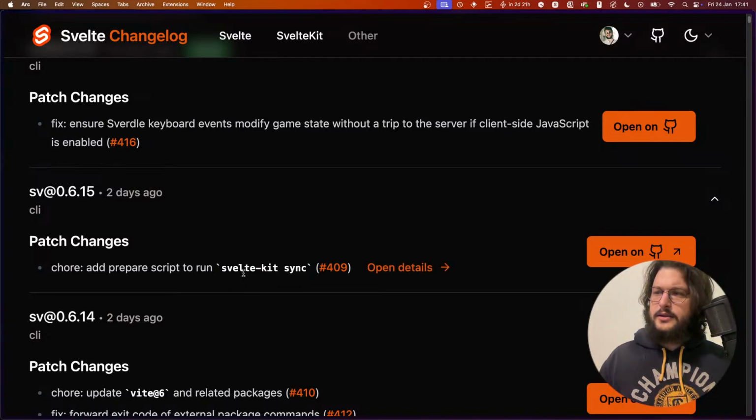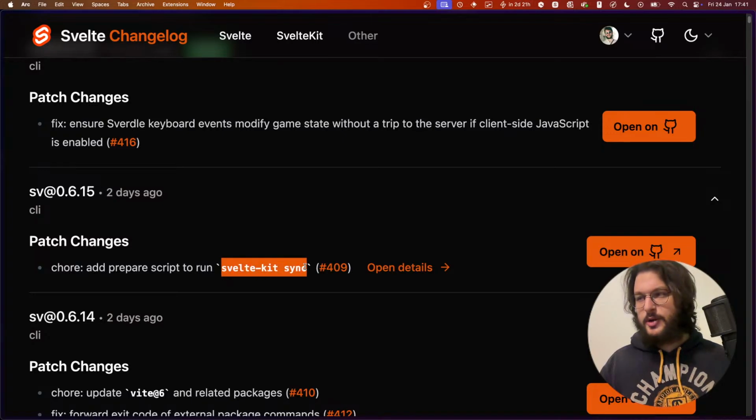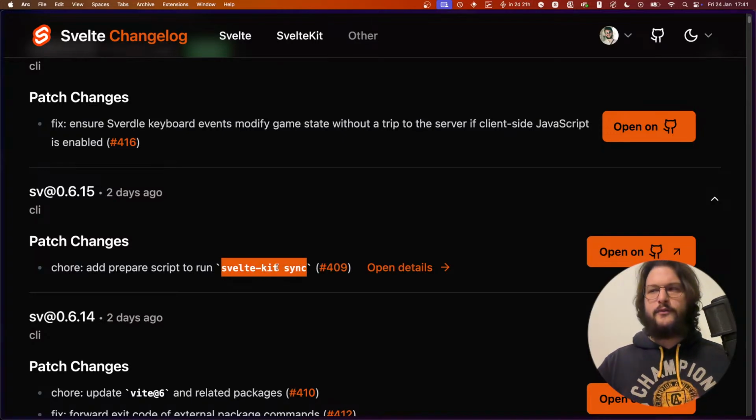And the problem is that post-install scripts are kind of dangerous in general. Obviously in this case it's not a problem because it's just SvelteKit creating files. But let's say that a malicious actor takes over the SvelteKit repo and changes SvelteKit sync to, like, install a keylogger or stuff like that. That could be very dangerous, so that's why pnpm 10 will not run post-install scripts anymore. And so this was basically the tipping point for us to completely remove the post-install, and now it's done on